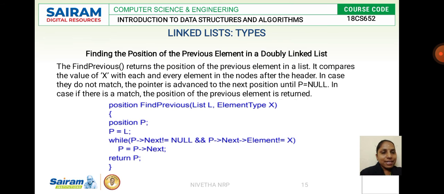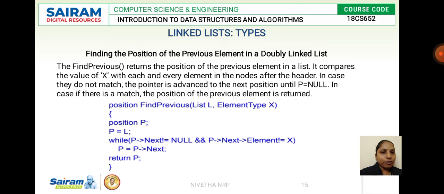And we have a code for finding the previous element in a doubly linked list. So to find a previous element in the doubly linked list, we traverse through the backward link, and we check the condition of the backward link. So what is the operation we perform here? We are going to find the previous element of the data in the particular list. So the operation is find previous. We are going to do that in the list L, and the element we are going to find will be X, element type X.